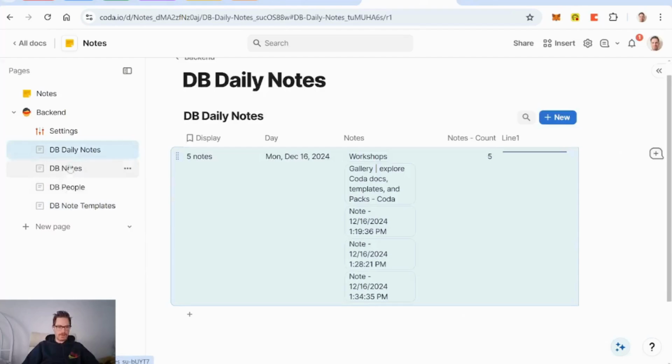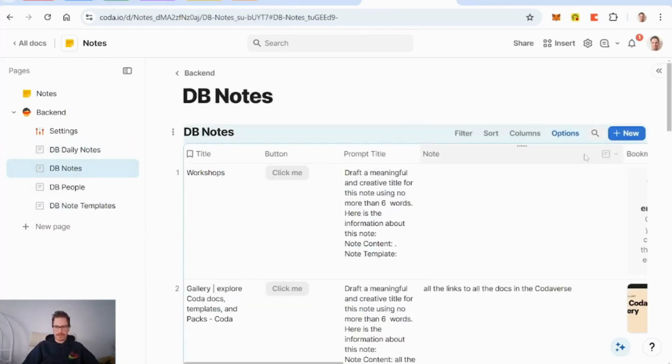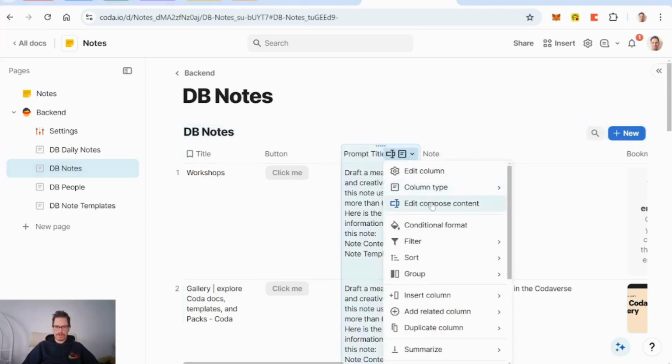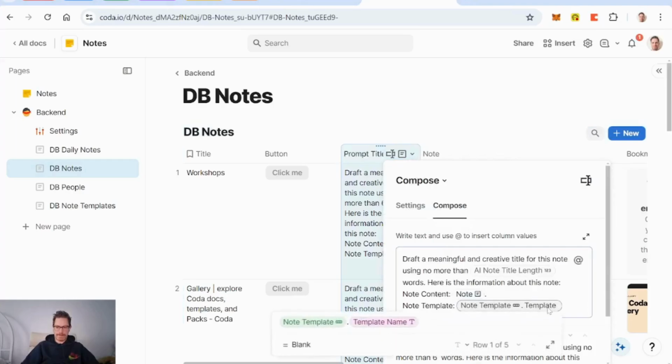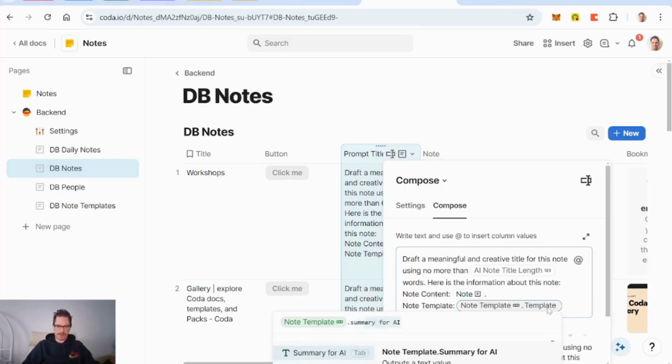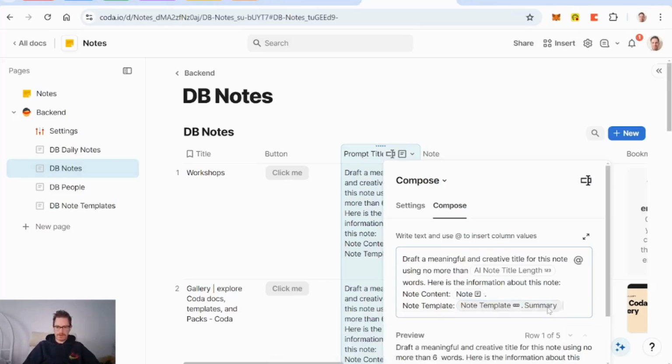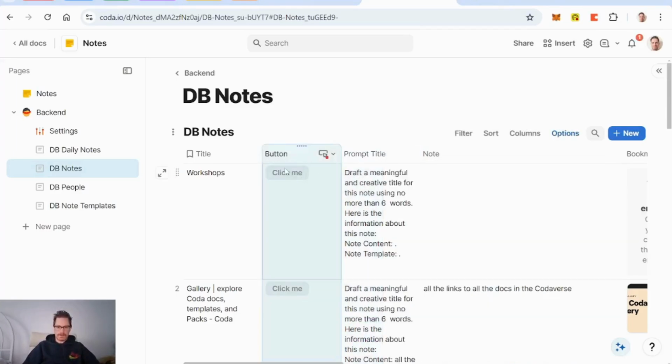But then when I'm in my notes, in the prompt, I can say summary for AI. Okay. So now